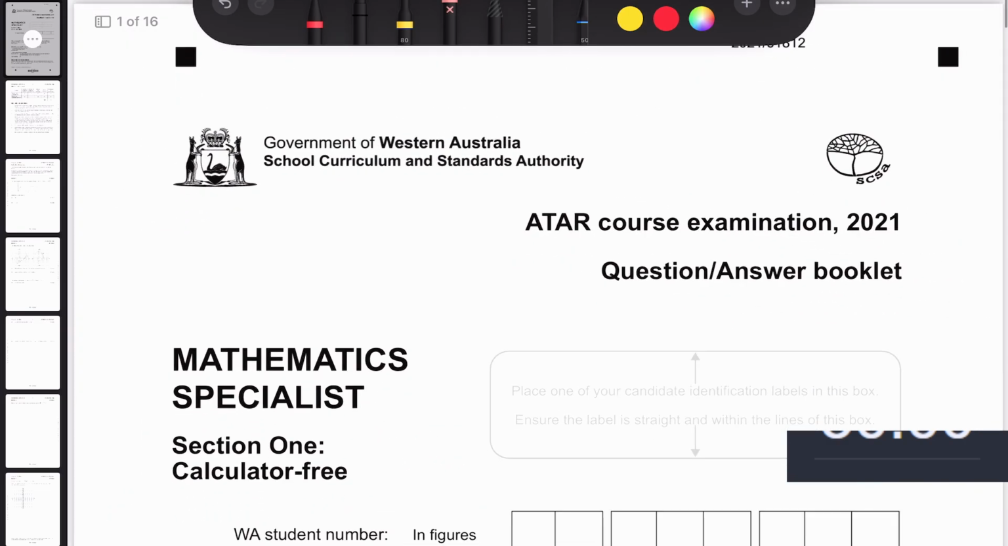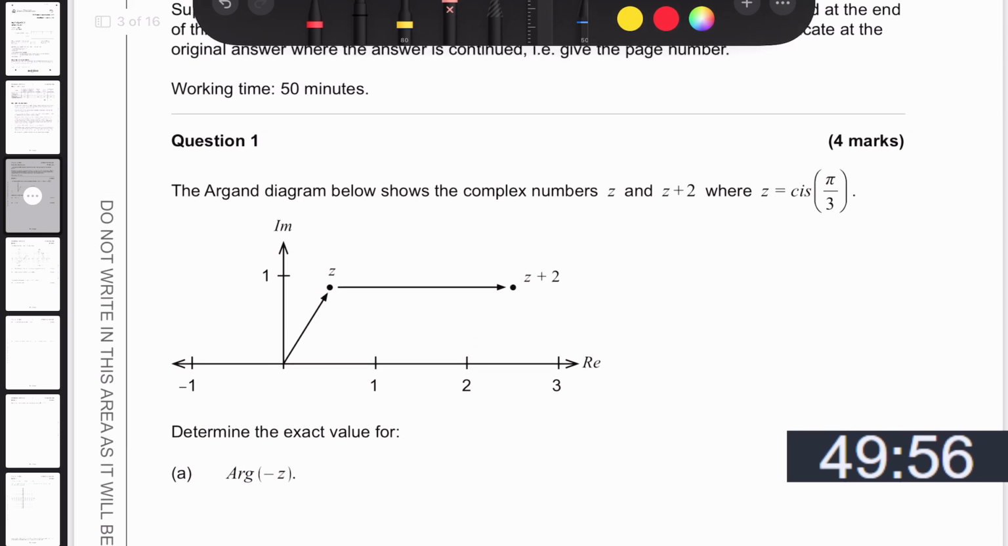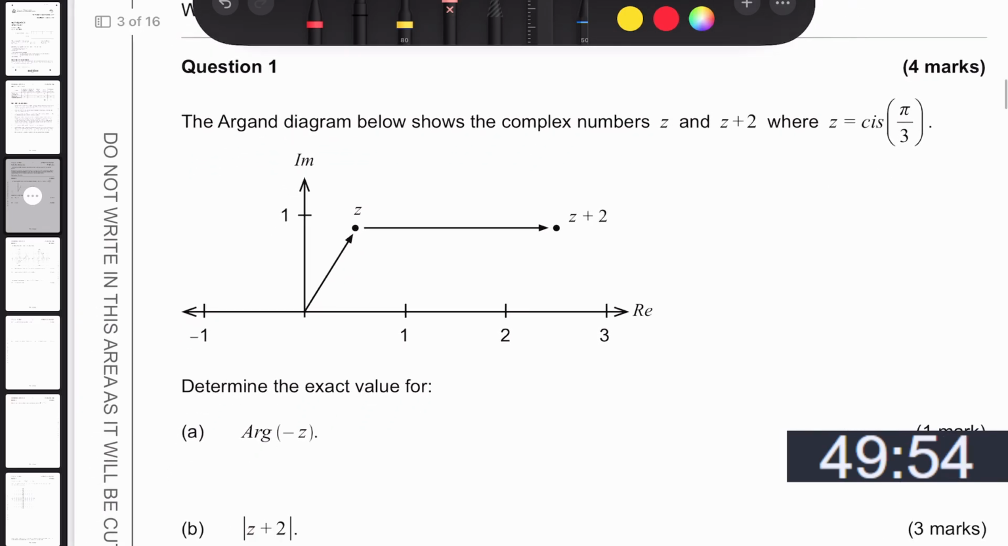Okay, we got the 2021 WACE exam. Let's waste no time, let's just get started. It shows the complex number z and what is it? Determine the exact value for